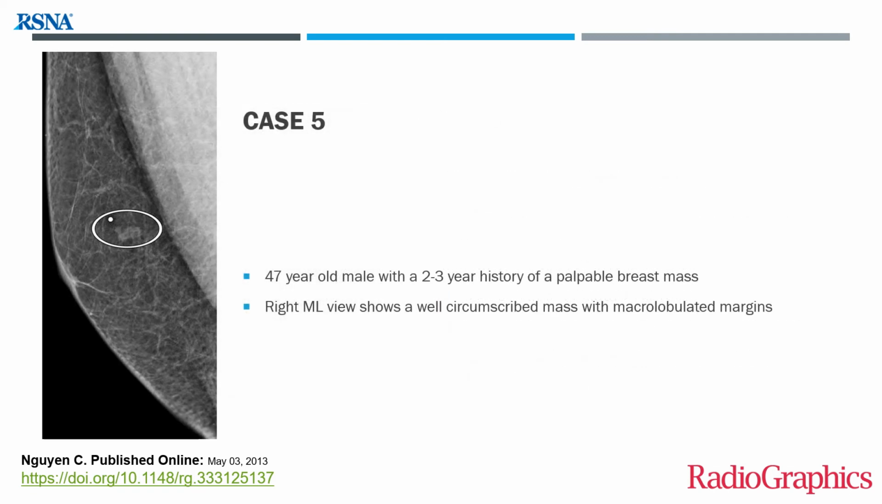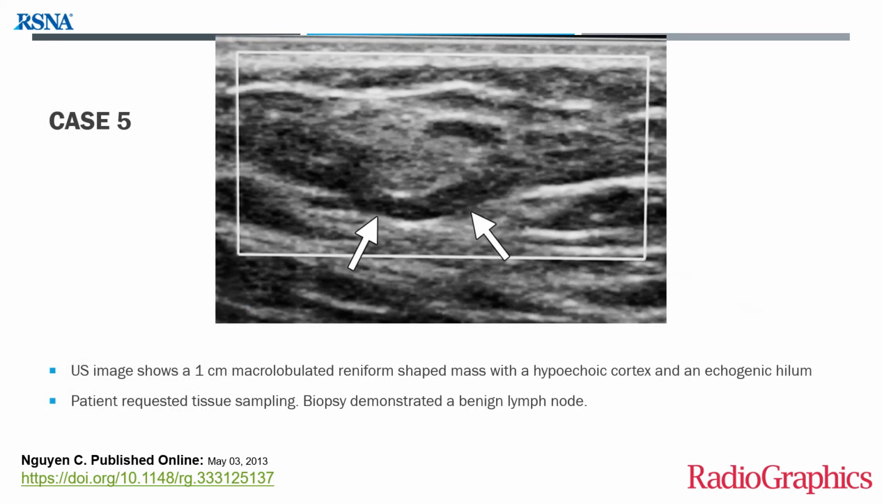In case 5, we have a 47-year-old male with a 2 to 3 year history of a palpable breast mass. Right MLO view shows a well-circumscribed mass with macrolobulated margins. We have ultrasound imaging showing a 1 centimeter macrolobulated reniform-shaped mass with a hypoechoic cortex and an echogenic hilum. Very benign features, but the patient did request tissue sampling of this lesion, and it was demonstrated to be a